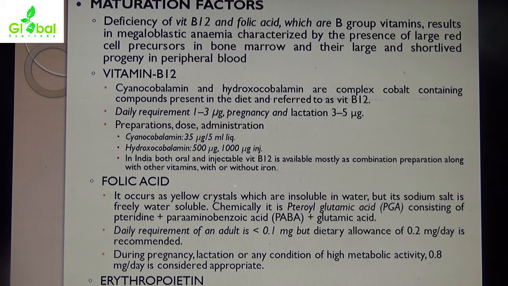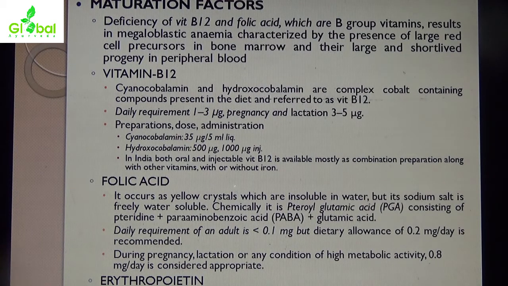Now, maturation factors. There are other maturation factors whose deficiency causes anemia even when iron is not lacking. First is deficiency of vitamin B12 and folic acid, which are B group vitamins. It results in megaloblastic anemia, which is characterized by the presence of large red cell precursors in bone marrow and their large and short-lived progeny in peripheral blood. Means in megaloblastic anemia, in bone marrow we have large red cell precursors which produce RBCs which are short-lived